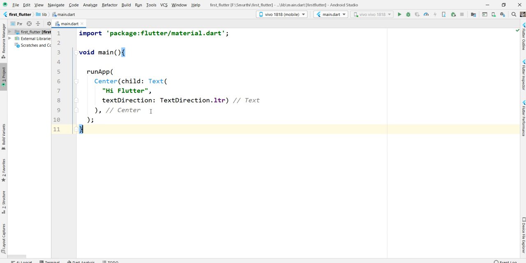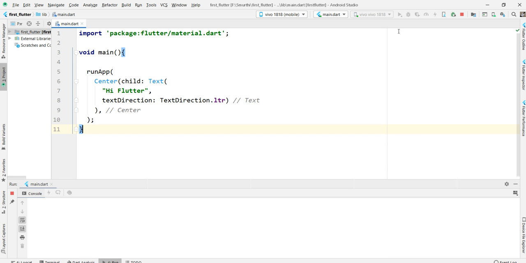I just want to display the text hello Flutter in our application exactly in the center of the page, because we already gave the property as center. So this text can now be displayed exactly in the center of the page. This is a very basic program. We'll see other programs one by one, but today we just started the first program. For the text direction properties we gave, we'll concentrate on them one by one.